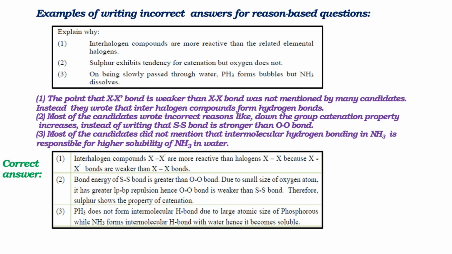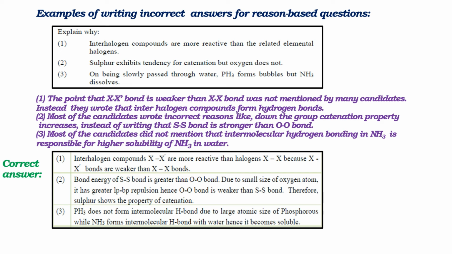Examples of writing incorrect answers for reason-based questions. In the question of why interhalogen compounds are more reactive than related elemental halogens, the point that the X-X' bond is weaker than the X-X bond was not mentioned by many candidates. Instead, they wrote that interhalogen compounds form hydrogen bonds. In the question,